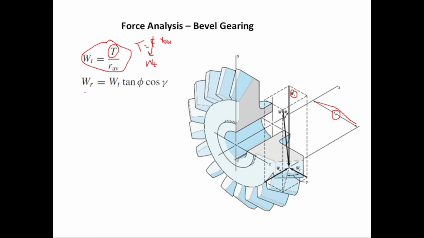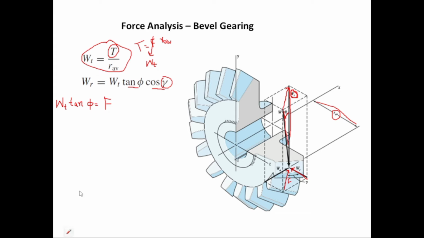Now the radial component WR is equal to Wt tangent of phi into cos gamma. To prove it, let's take tangent of phi, which is equal to perpendicular by base. Here W is the hypotenuse and Wt is the base, and F is perpendicular. So multiply Wt on both sides, we will get Wt tangent of phi is equal to